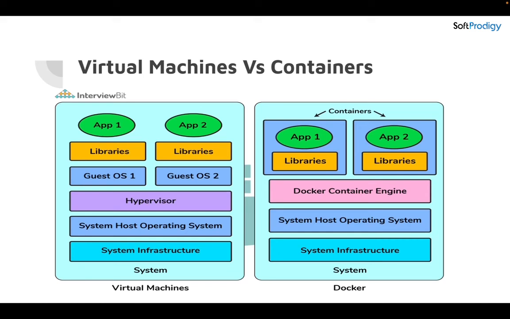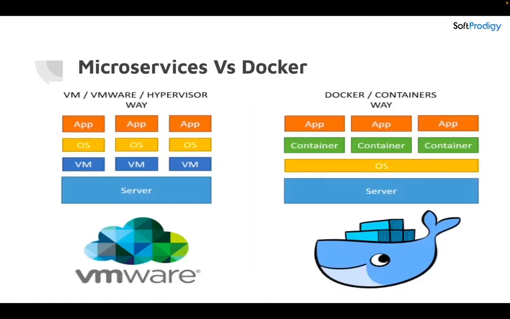I have used a term over here, that is containers. Containers are actually behaving like a virtual machine. I'll explain a lot about it in the upcoming slides. So this is one more example of the structure of microservices in Docker. You can have a look that we have to download a particular software if we want to use microservices. I have just given a sample, that is VMware, and we have installed that VMware onto the server.